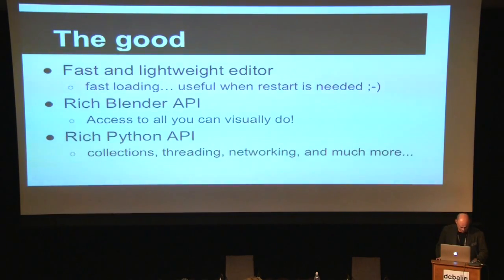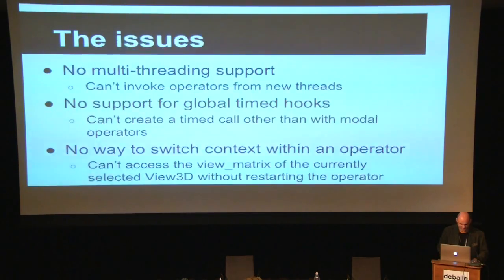The API is very rich. You can control almost everything from the single vertex to the animation curves by code, and this is amazing. I also really like the feature that you can just hover your mouse over a button and see the code that you have to invoke to use this operator. It's really fast to transform into code the operations you do with the user interface. And using Python allows you to use a lot of libraries for collections. The multi-threading and networking are all included in Python 3.3, and this is very positive.